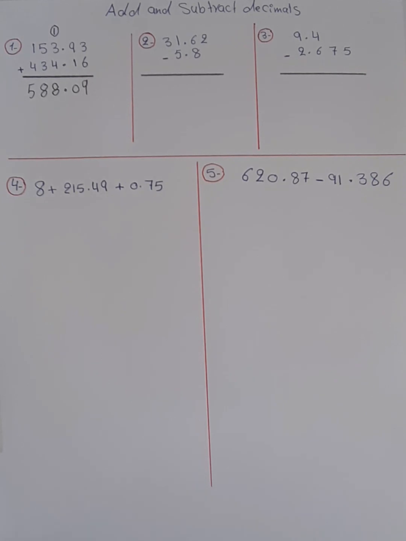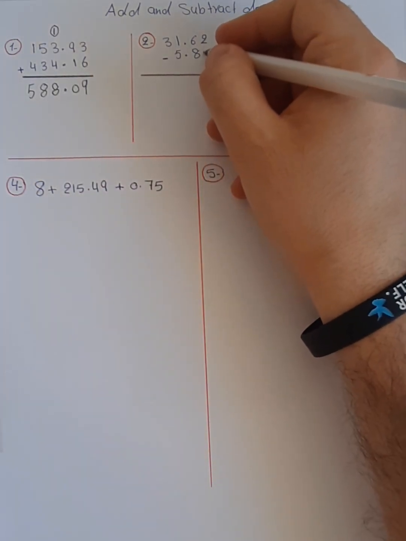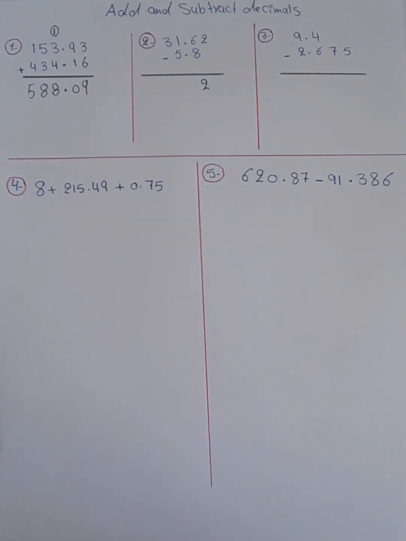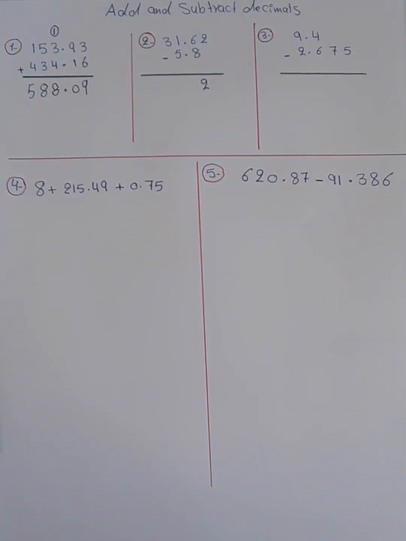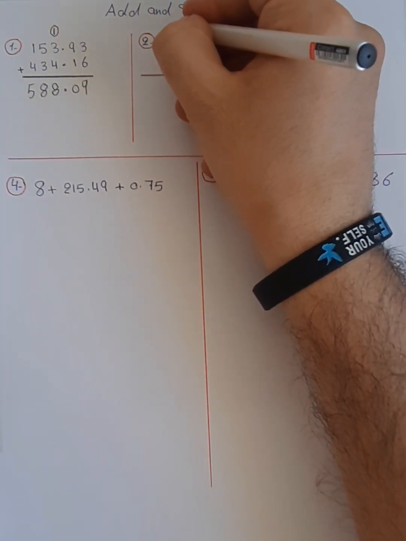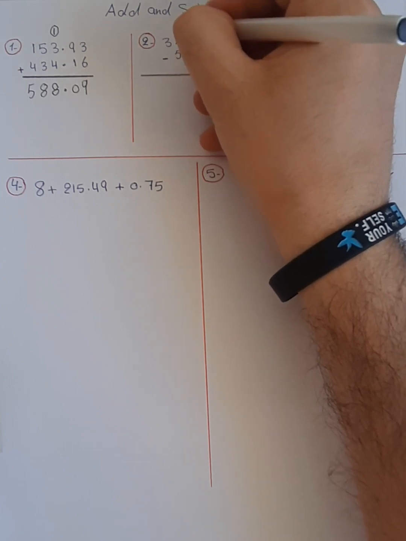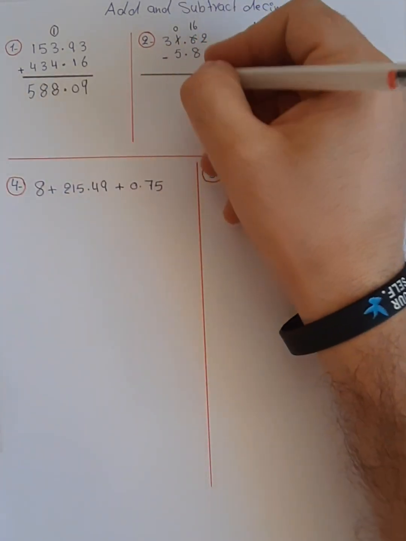We have to start from the right side. 2 minus nothing, we have to write 2. And then 6 minus 8, we can't subtract these two numbers because 6 is less than 8, so we have to break apart 1 for 6. 1 becomes 0 and 6 plus 10 becomes 16. Now we can subtract 16 minus 8 equal to 8,